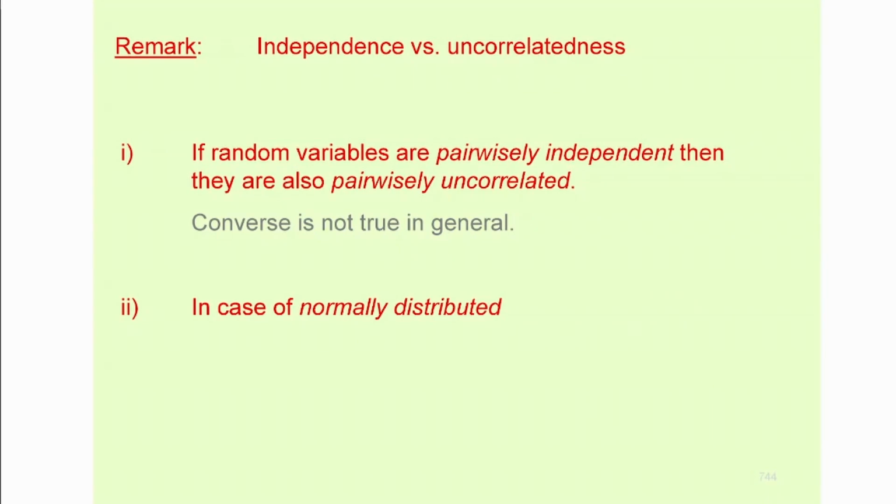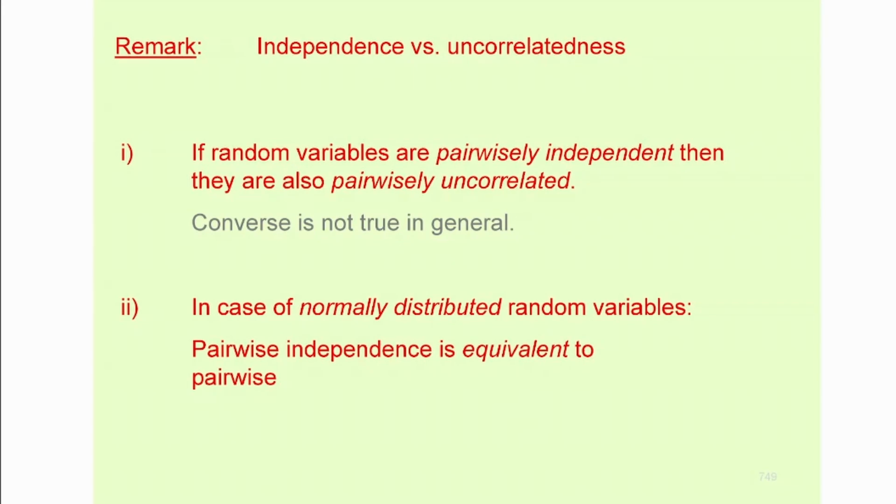It's relatively easy to show, by the way. Okay? If they're independent, then they're also uncorrelated. That is always true. However, if they're uncorrelated, then they are also going to be independent in the case of the normal distribution. That's one of the reasons it's so common, of course. I mean, not the only property that makes it so attractive.